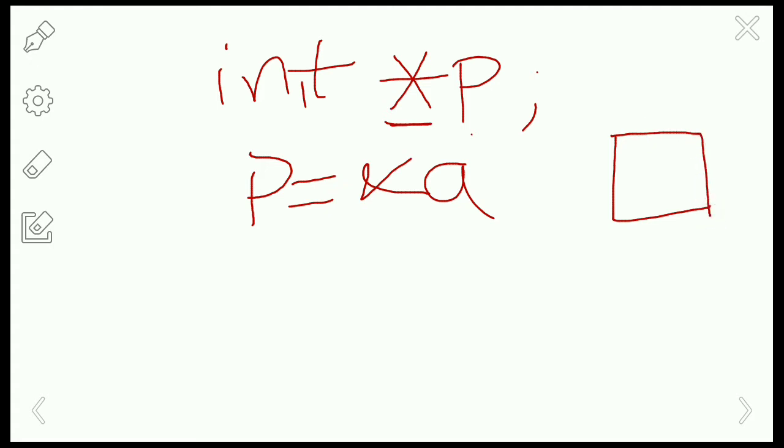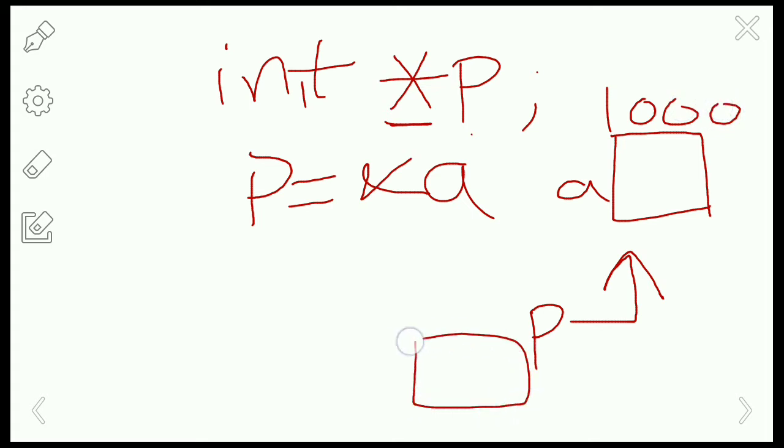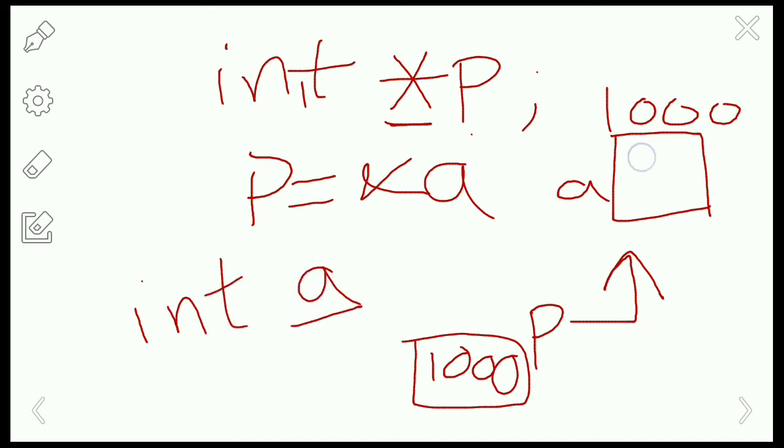So during the declaration a pointer is created here, and now it is assigned the address of a. The pointer will copy the address of the particular location a, which is 1000, so it will be stored in the pointer location. Like this a pointer variable is created. Now variable a, so int a. Here the variable a will store a value, that is 10. It is storing an integer value.